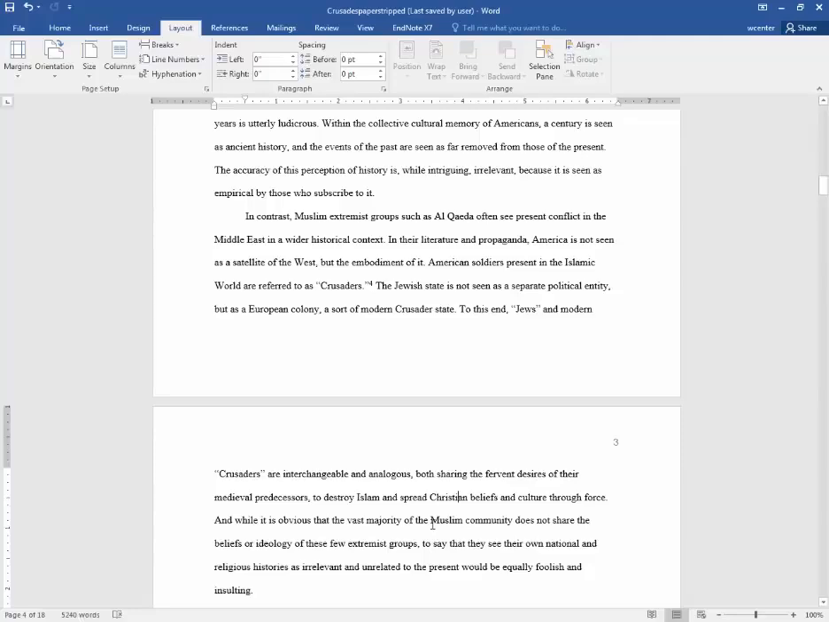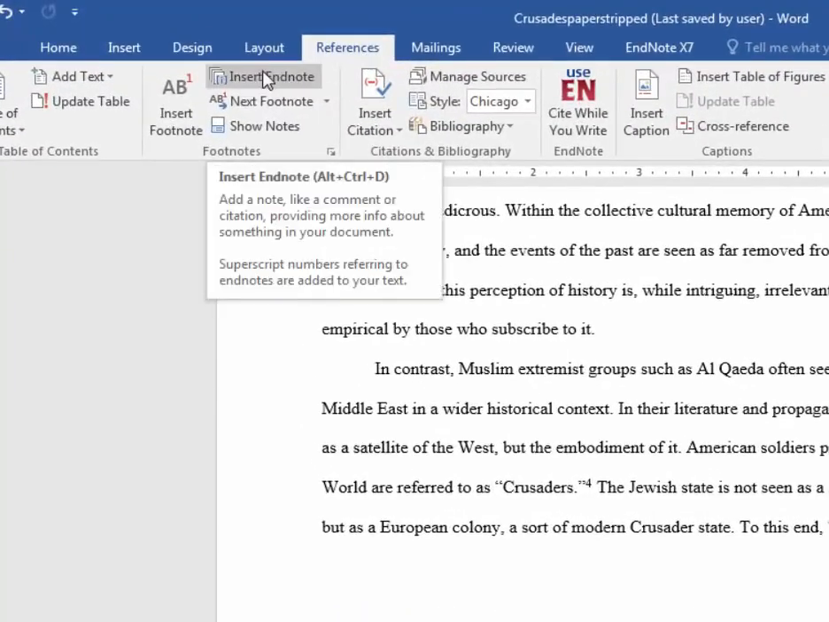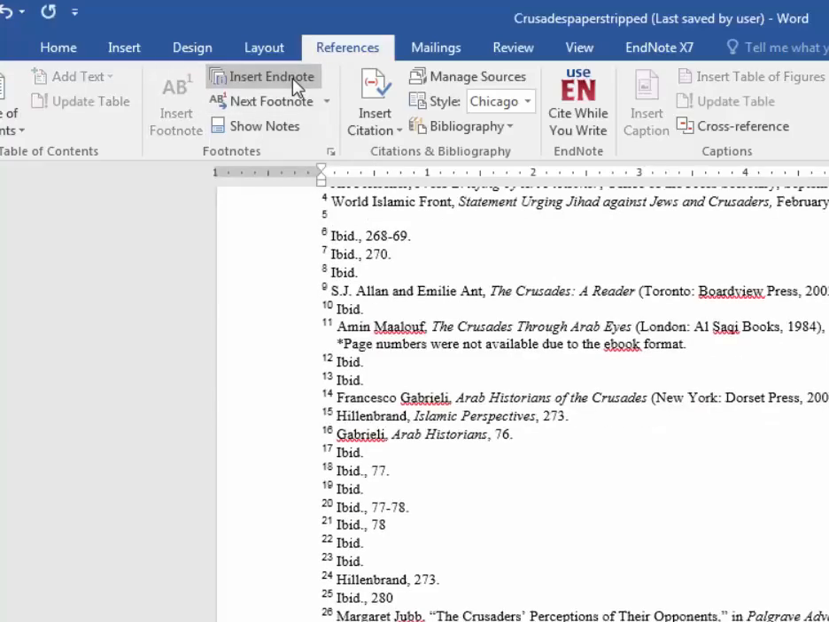First, insert your cursor at the end of the sentence containing the information you're citing. Your footnote and endnote marking will always come at the end of the sentence. Now, click on the References tab, and then click on Insert Endnote or Insert Footnote, depending on your preference. Your cursor should automatically jump down to the note listing at either the bottom of the page or the end